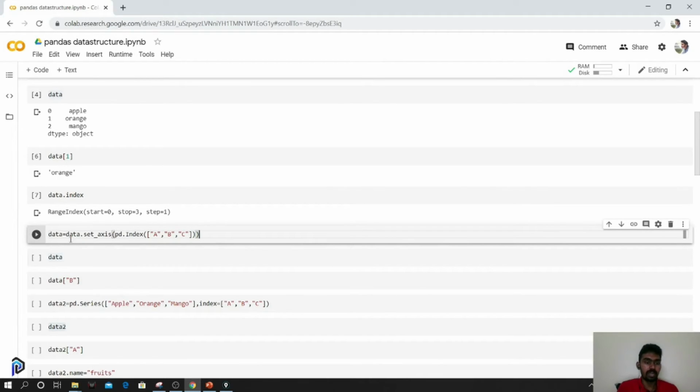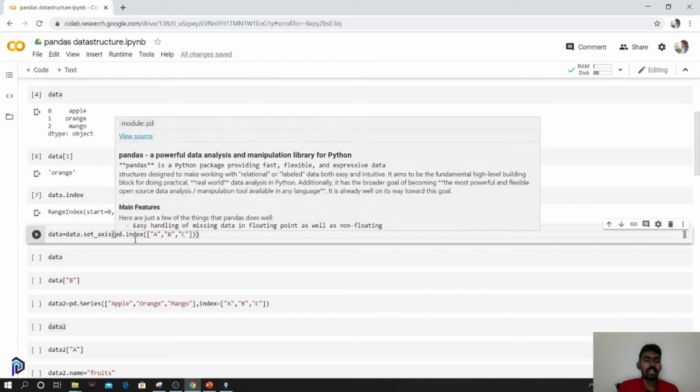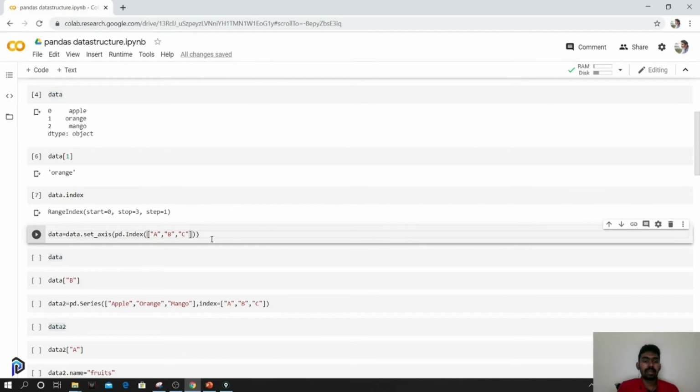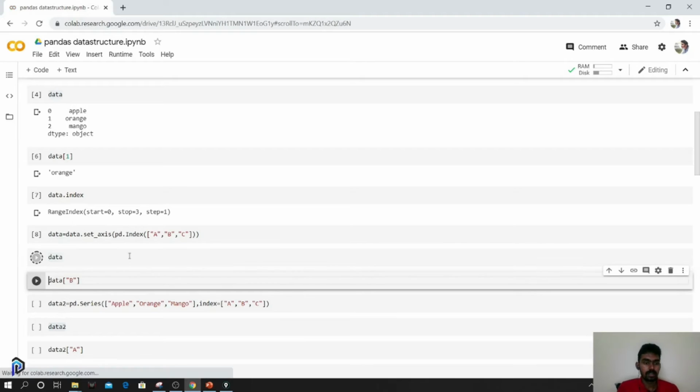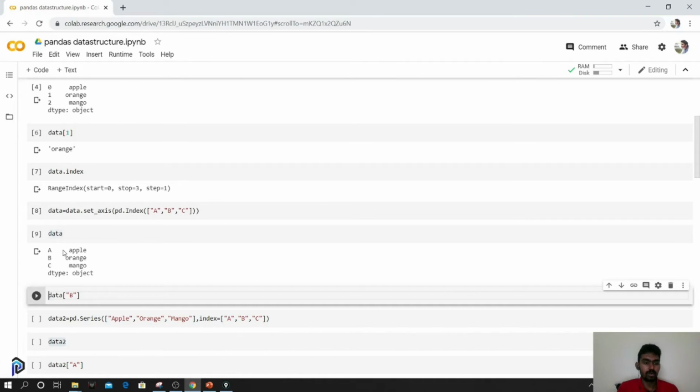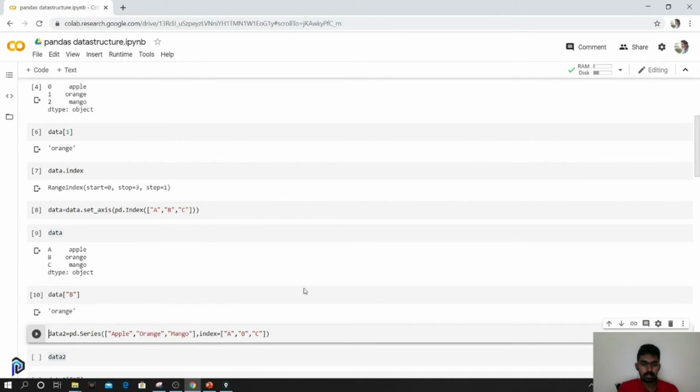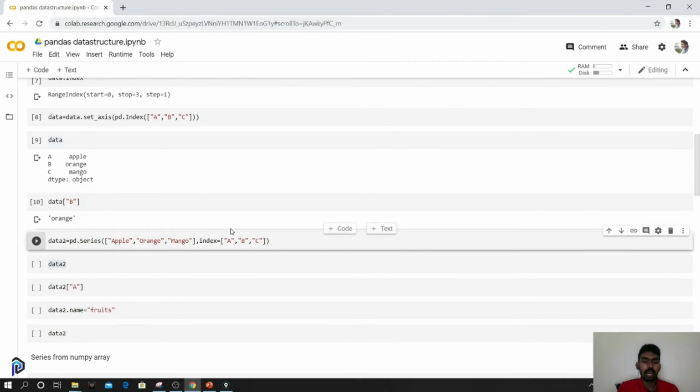It can be done using data, or whatever Series, dot set_index, and you can assign it by using pd.Index. I'm assigning the index to be a, b and c to the Series data. This is the new Series that we have. We have a new set of indexes to access. When I access the index b, I should be getting orange. Yeah, it works. You can assign your own index while creating the Series itself.